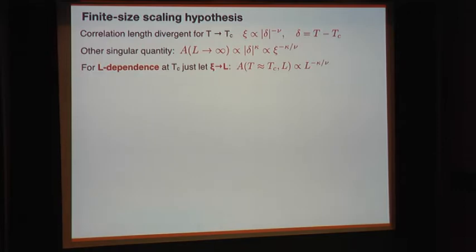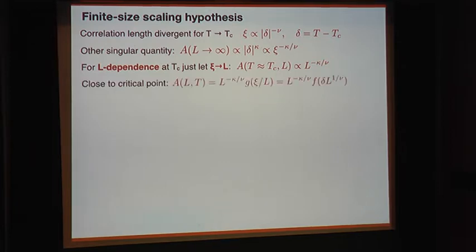Okay. Now if we look at Tc or very close to Tc, then we can say, in some sense, the correlation length can no longer grow, and then maybe it should be correct to just replace the correlation length by L, and it turns out one can make that argument very firm. So what one should do is just go from thermodynamic limit scaling to finite size scaling. You should write things as a function of the correlation length, and then you just replace that by L. So then you see that you get this exponent combination